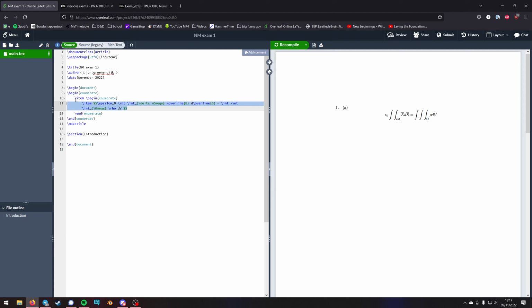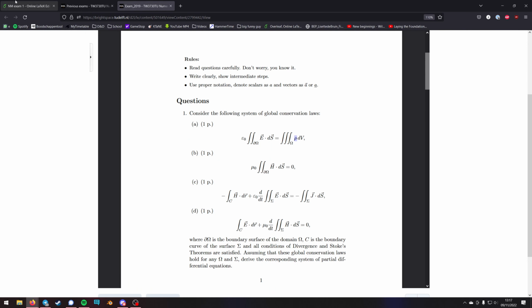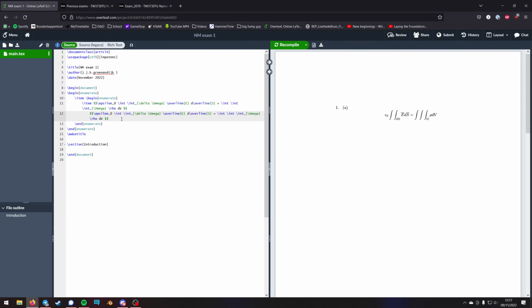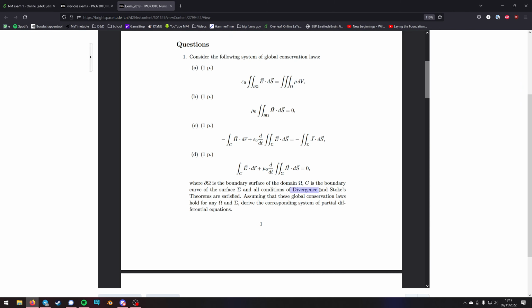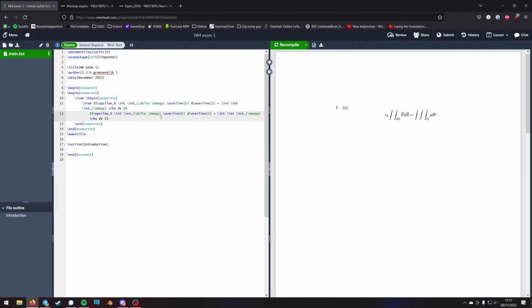So the first thing that comes to mind to me is turning this from a global conservation law into a local conservation law. Don't know why, just feel like it. So first thing I would do is use the divergence theorem here to say that this integral over the boundary of E is the same as the triple integral of the divergence of E, or whatever it is. I think it's like capital